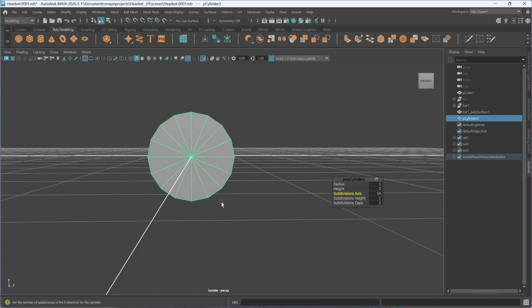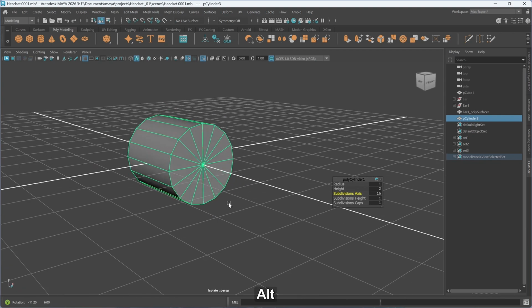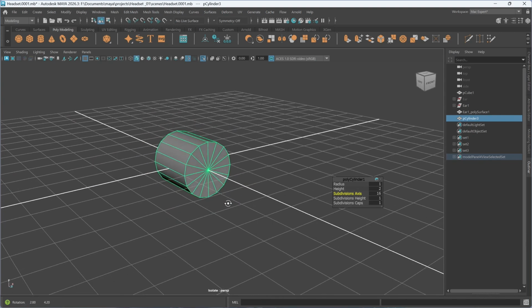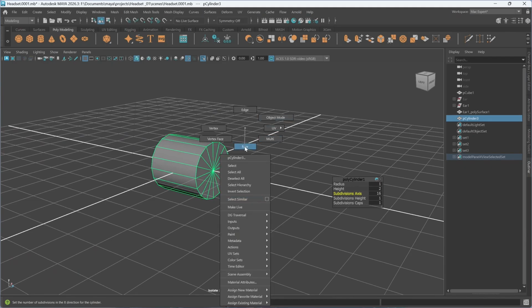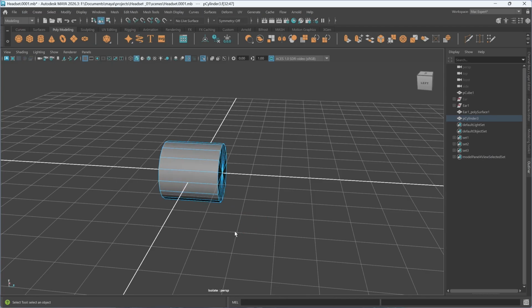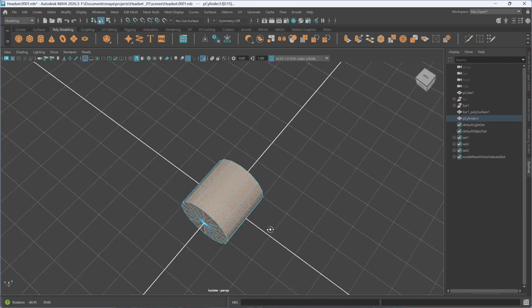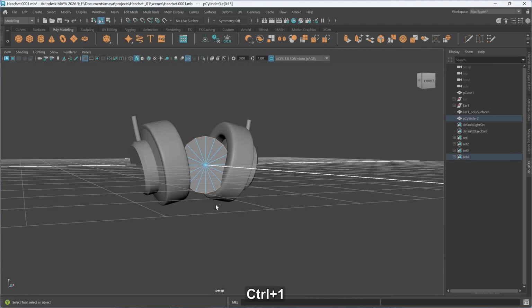We'll see how we can work with this. Adding 3, it's enough. So we'll go into the face mode, select all this, Control deselect, Shift select. Right now we can delete. Control 1,